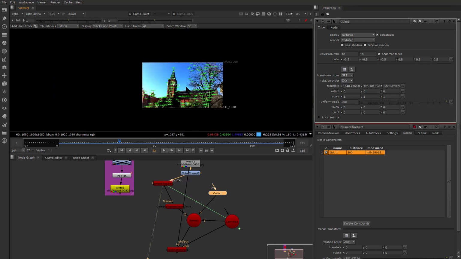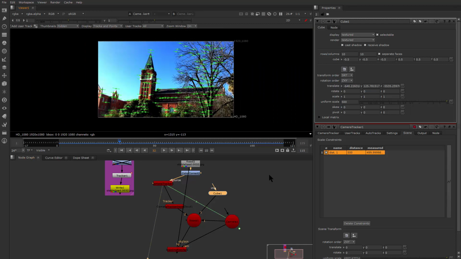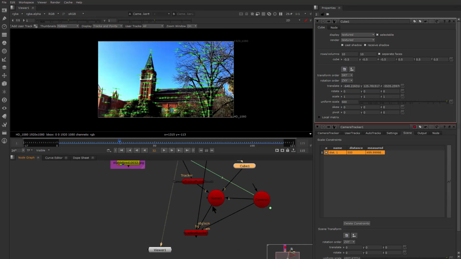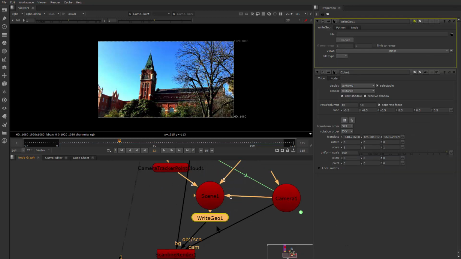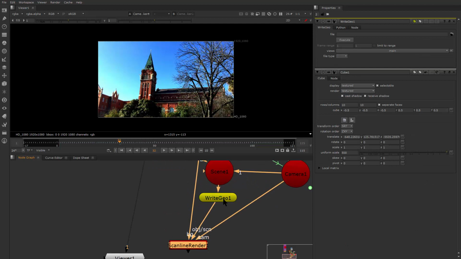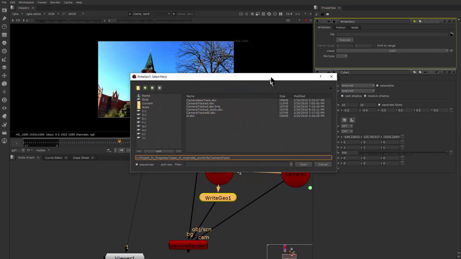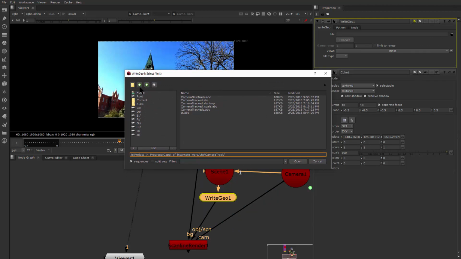Back to the 2D view. So I'm gonna write everything out. So grab the scene 1 and press tab. I'm gonna say write geo, and write geo will allow me to write out the geometry here. So let's double click on it and go to the file and click there. I'm gonna go back to here and go up. I have this